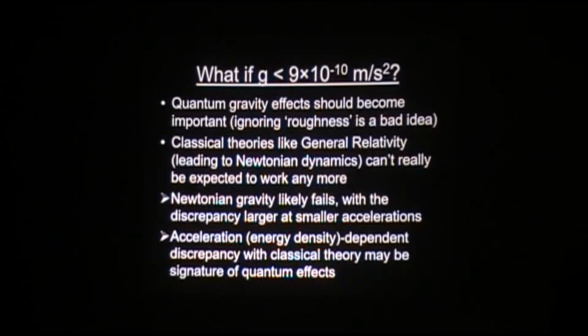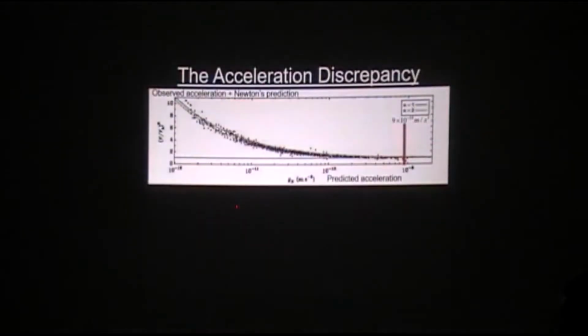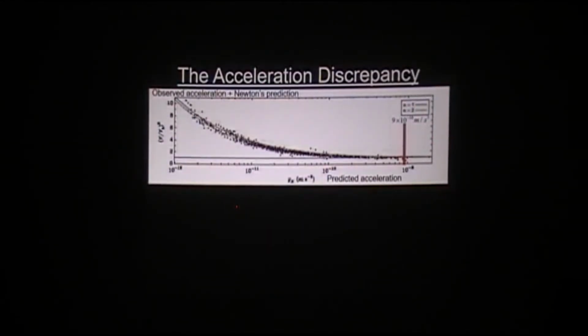It's sort of analogous to saying if a gas deviates more and more from classical theory as the temperature gets lower, then that's a sign of quantum effects, which is true. That's why gases deviate from the ideal gas law at low temperatures, fundamentally. So, indeed, as I've shown you earlier, we do observe exactly such a thing. More importantly, not only is there an acceleration-dependent discrepancy with the classical theory, but the onset is about where